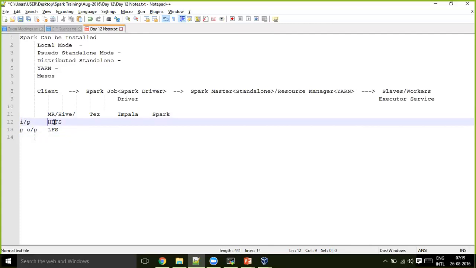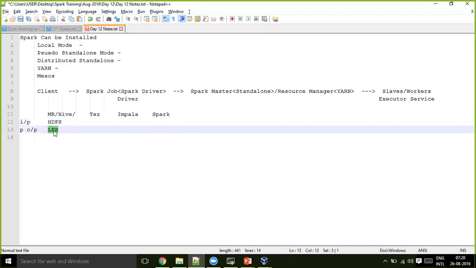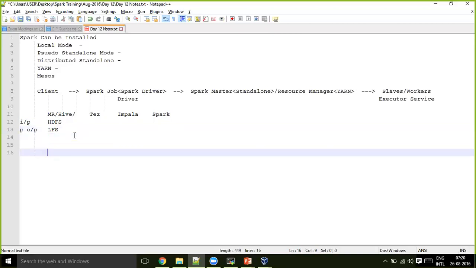So the input gets read from the HDFS directly, and the intermediate output also again from the disk. Okay. So when I give you the read operations, reads from HDFS are always time taking.